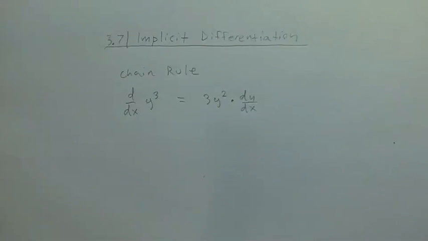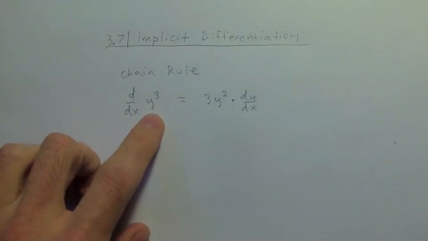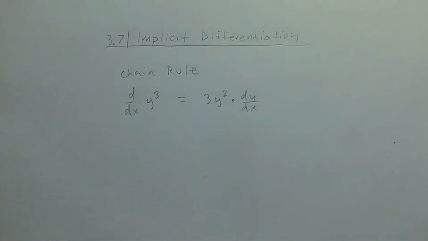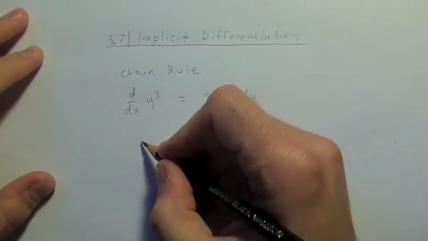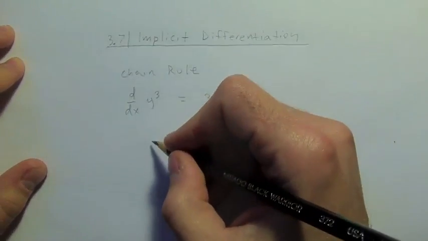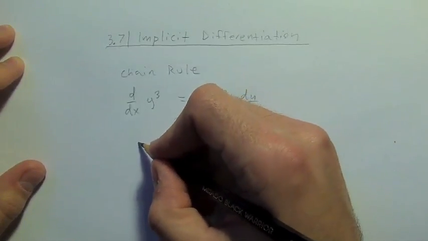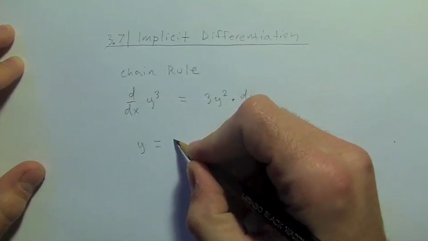And that's all implicit differentiation really is, using this chain rule idea with y's instead of with the sort of functions we looked at last time. Okay? And so, for example, real quick before I get into some motivation type problems,